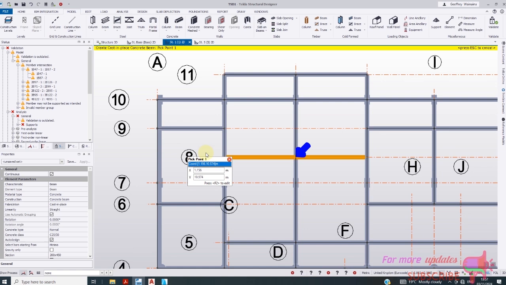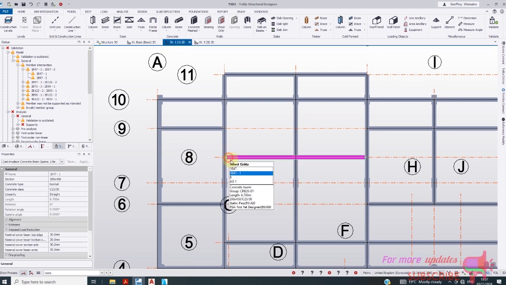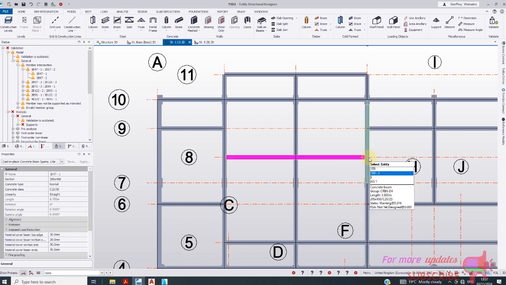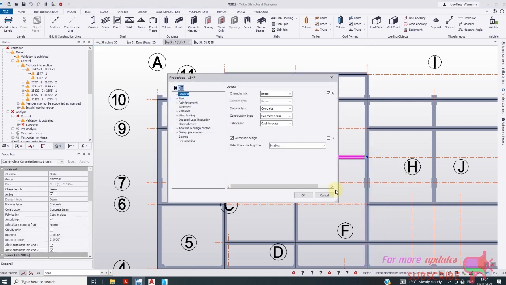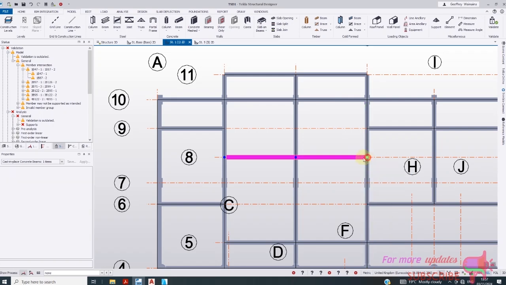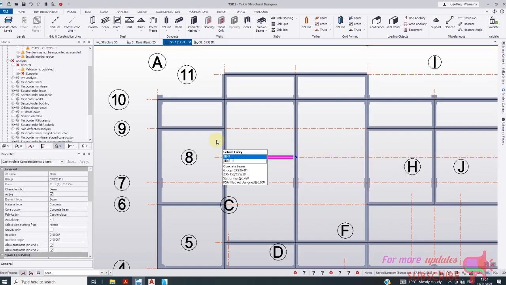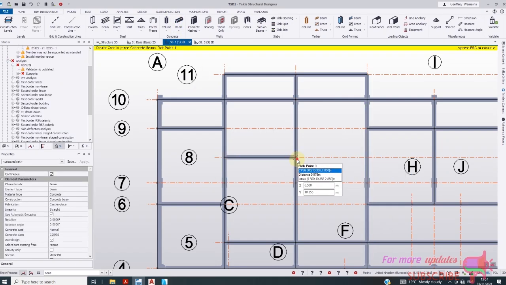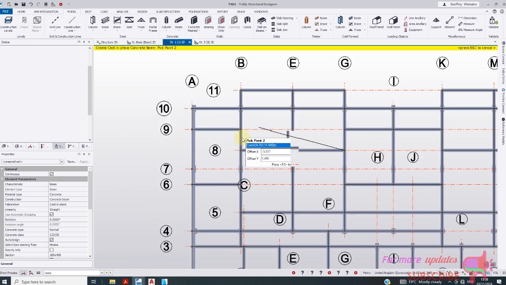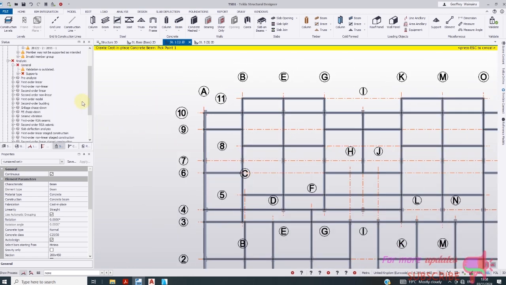So I need to move this secondary beam, then model another one to that point, then just double click. Again, we are left with